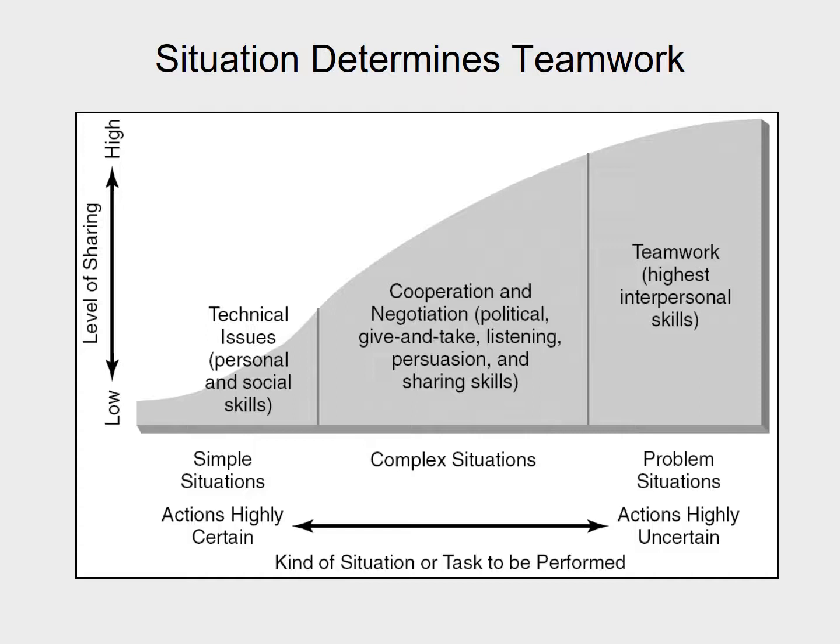Now, as the problems become even more complex, and these problems are what the team is actually supposed to deal with, so what are the actual outcomes or goals of the team? As actions become highly uncertain, how are we going to handle this challenge? How are we going to create this new product? How are we going to handle this new challenge? Teamwork skills become incredibly important because the level of sharing to do well in an uncertain problem is extremely high. And that's when we're usually going to mainly focus at the highest levels of interpersonal skills to really make sure that nothing is blocking the communication and decision-making advantages that we find in teams.